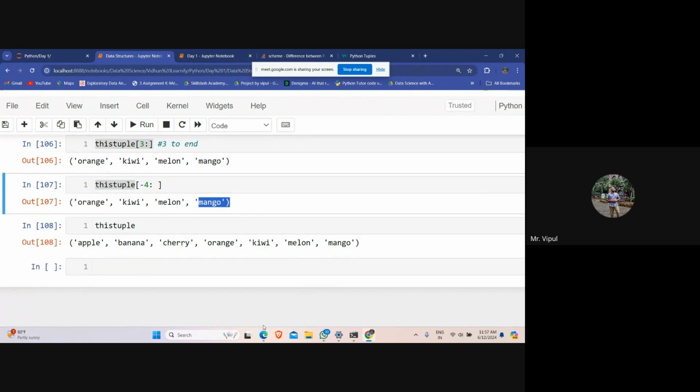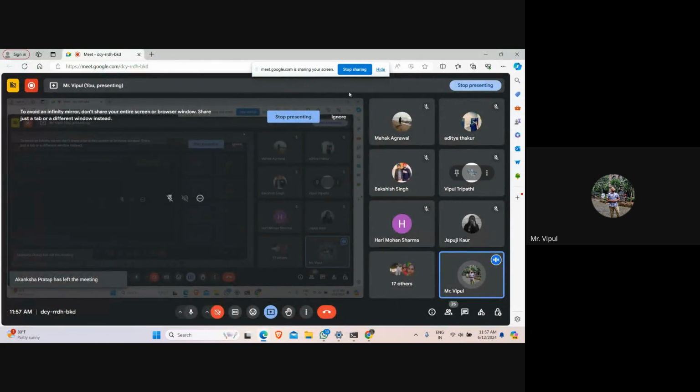Is it clear? Negative indexing, because this is also a very important part.